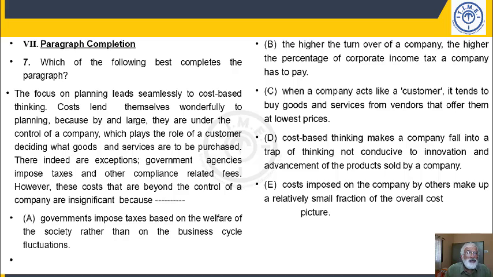Costs lend themselves wonderfully to planning because by and large they are under the control of a company, which plays the role of a customer deciding what goods and services are to be purchased. There indeed are exceptions. Government agencies impose taxes and other compliance related fees. However, these costs that are beyond the control of a company are insignificant